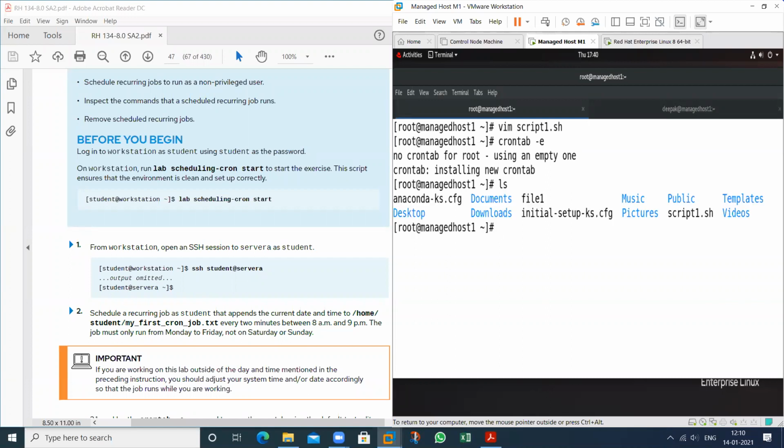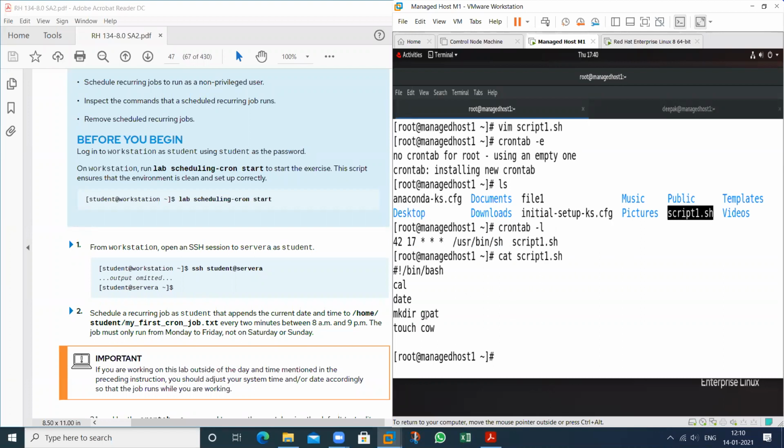See, at this time there is no file, so this is my script file. Check this, and what is in this script. See, this will create this directory, this particular file.